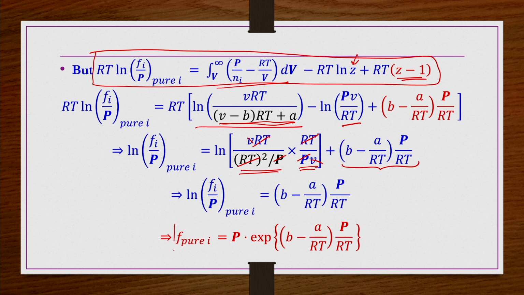So, now by taking the pressure explicit form also, we got the pure component fugacity the same as the one that we got by taking the equation of state in volume explicit form and using the corresponding generalized fugacity relation. So, what does it mean? Whether you take the equation of state in volume explicit form or pressure explicit form, when you use the corresponding generalized fugacity relations, you will get the same answer, whether it is a component I in a mixture or a pure component I.